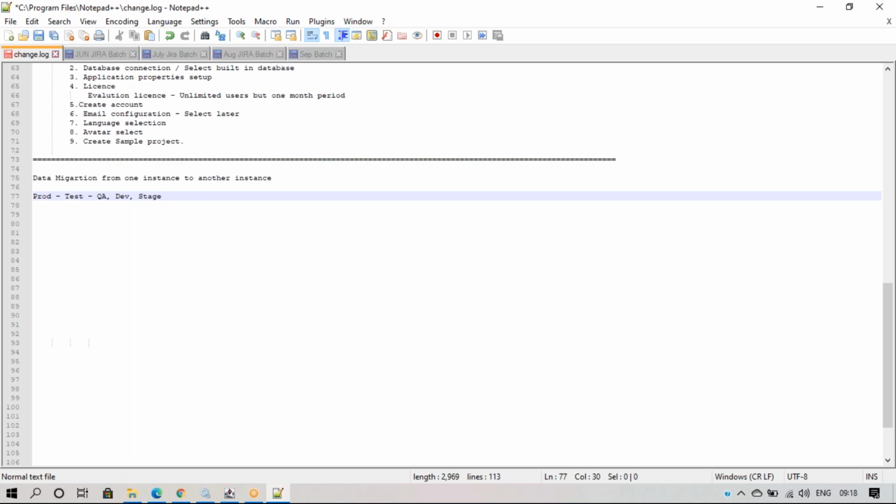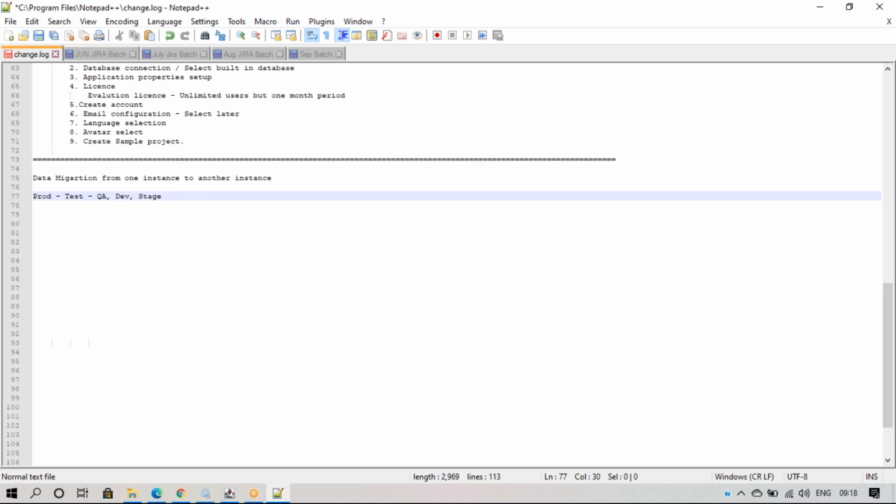Suppose I have a requirement called Jira upgradation. If I directly upgrade the production instance and face many problems after the upgradation, I can't do everything in a production instance. For this purpose, if we have a test instance, we can move the complete data from production to the test environment.